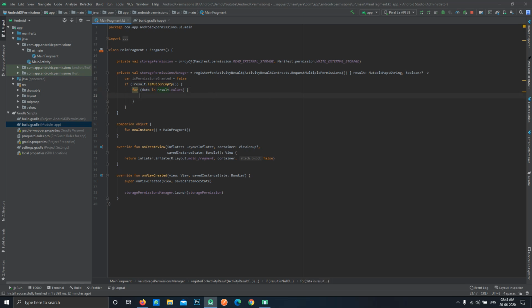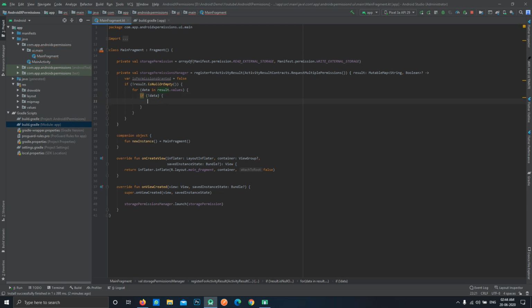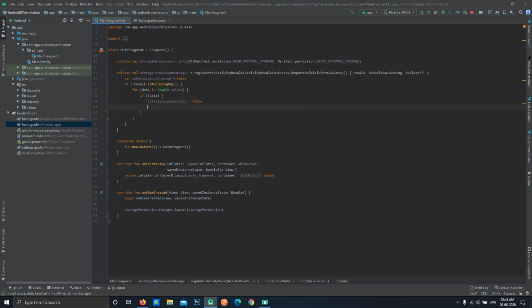So here we'll make a check: if not data, which means if any of the permissions in this loop is false, basically not accepted, then isPermissionGranted will be false and we will break the loop.